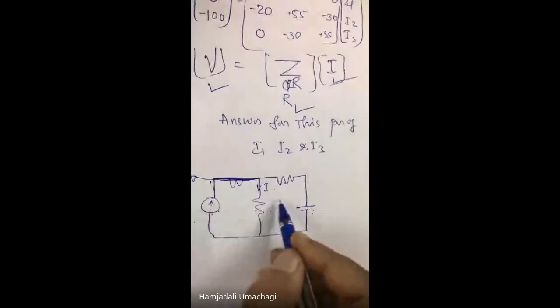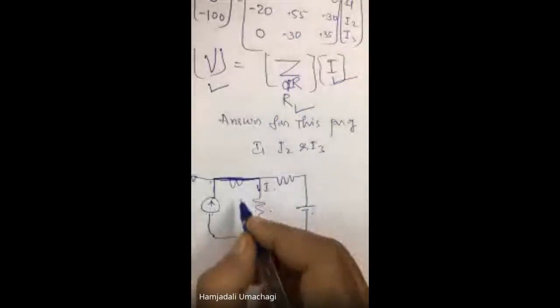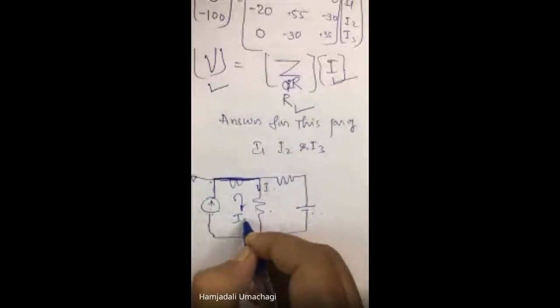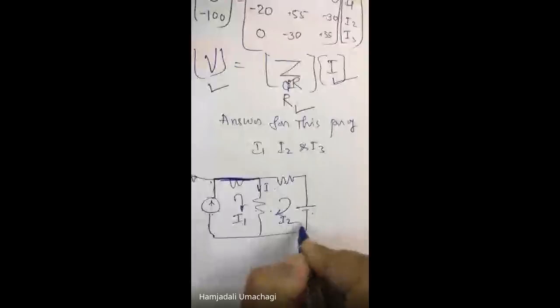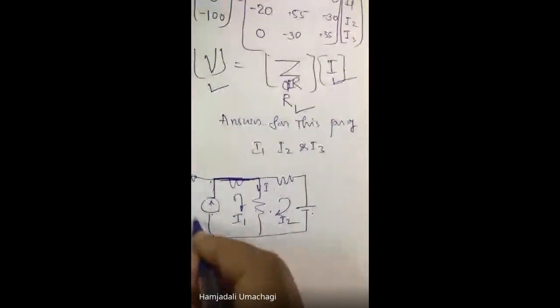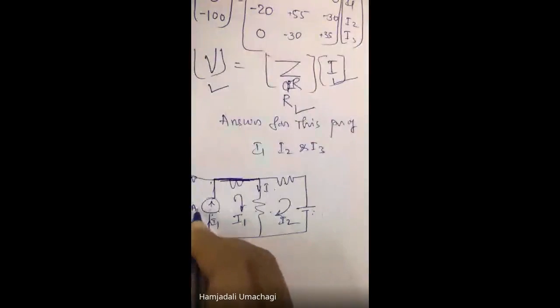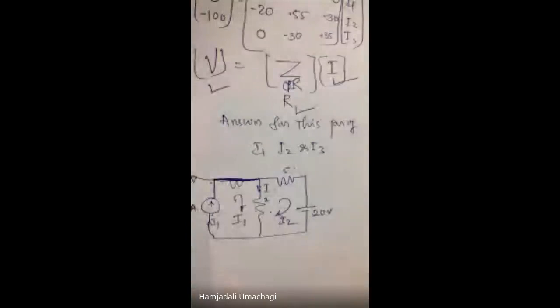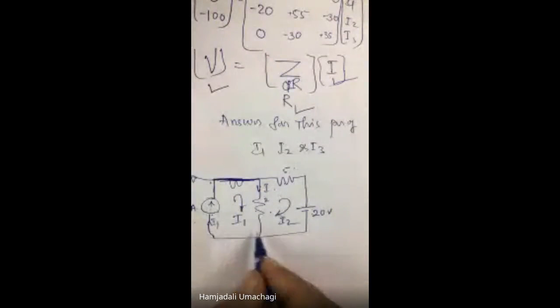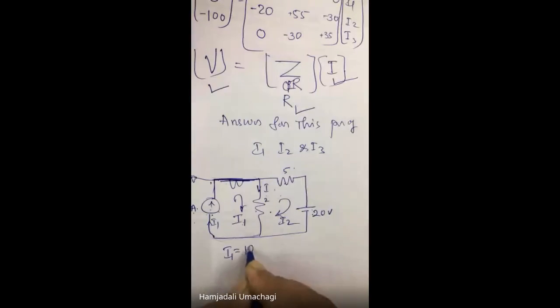Same problem, I am going to do it by using mesh analysis. How many loops are there? There are two loops, I1 and I2. Okay. What's the current through this branch? Current through this branch is I1 only. Suppose this is 10 ampere and this is 20 volt, this is 2 ohm, this is 5 ohm. Then see here, current in this branch is I1, but what's the current flowing in this branch? That is 10 ampere. Thus, I1 equal to 10 ampere.